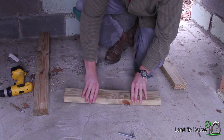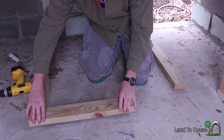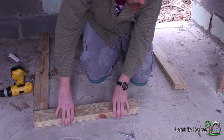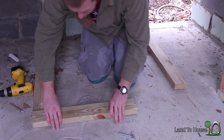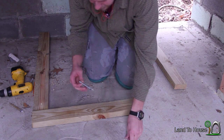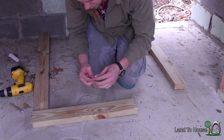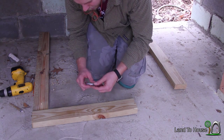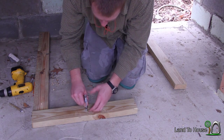I cleaned off our work area here, make sure everything looks nice. So, just gonna match up our board once more and make sure our hole is in the right spot. Now for these things, you're supposed to put the washer and the bolt nut on here, and then